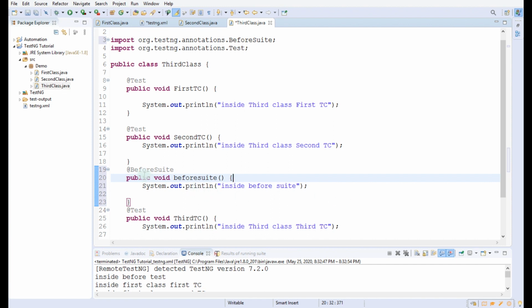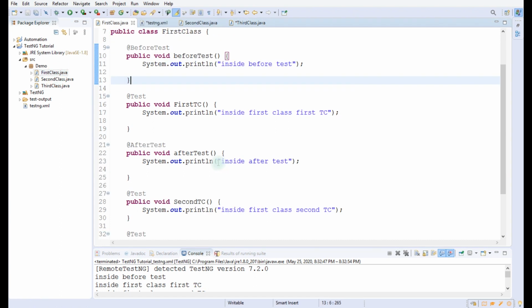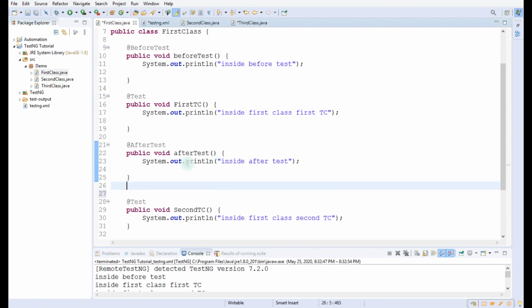Right, so I have written the before suite inside the third class, and now I will write the after suite in the first class to see the behavior of the execution.